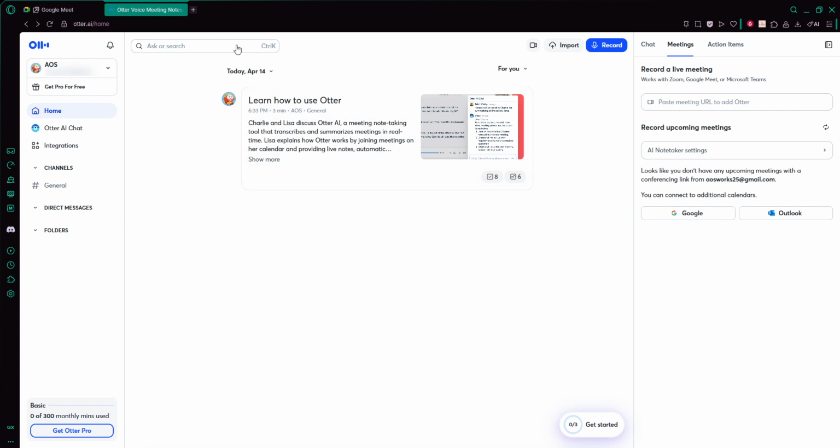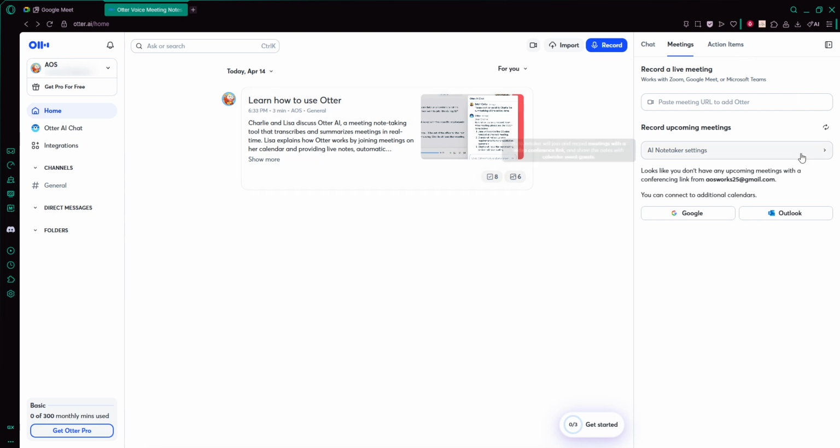First, you'll need to open Otter.ai. You can do this in any modern web browser. In the address bar, type in the Otter.ai website and press enter. When the page loads, either sign in to your existing account or create a new one if you've never used Otter before. If you're creating a new account, just follow the on-screen prompts to finish setting it up. Once you're signed in, you should land on your Otter home or workspace page, where you'll see options for conversations,